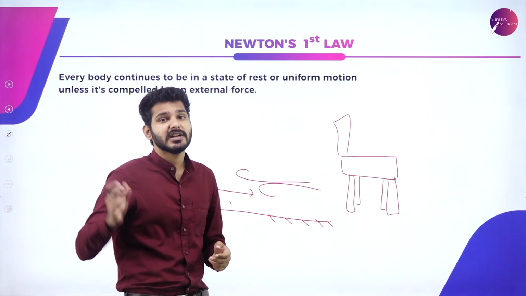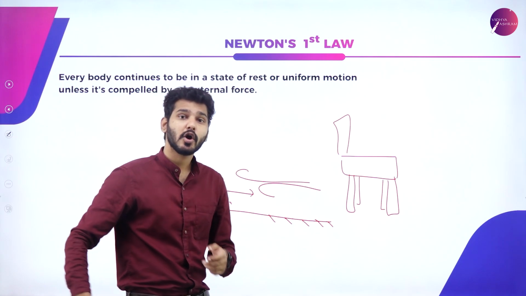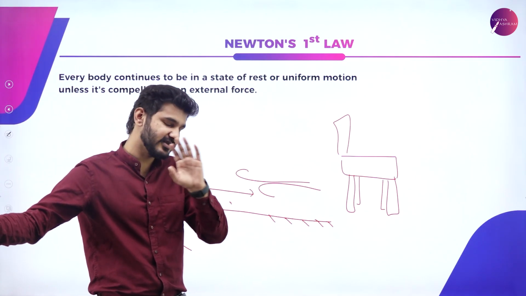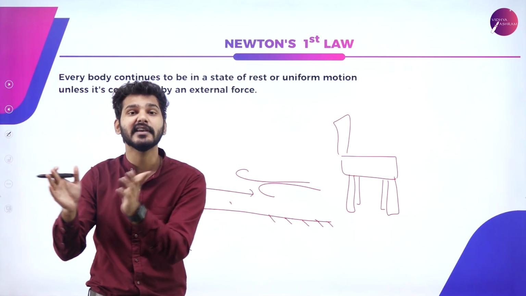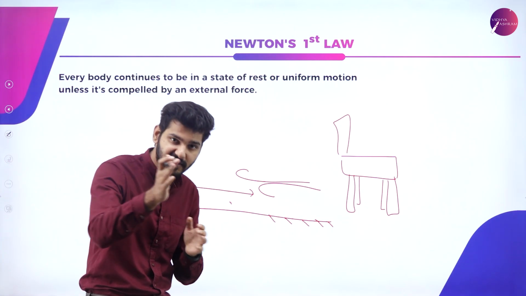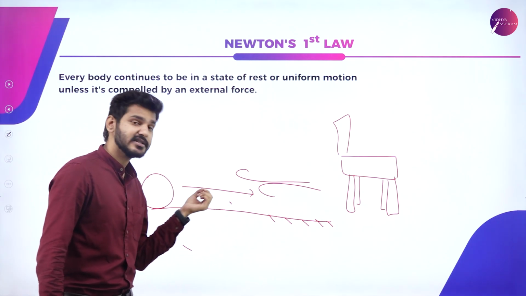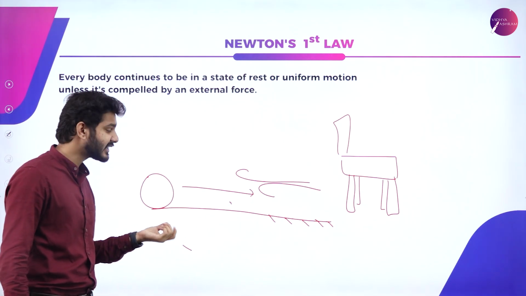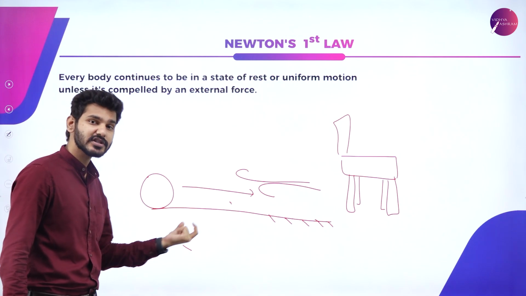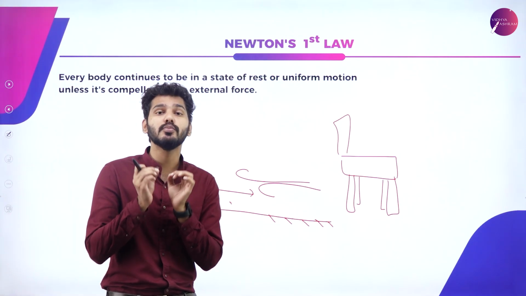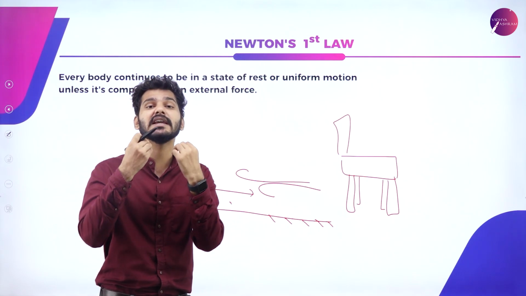That is why you can take a paper and swing it around, or you can keep your hands outside when you're going in a car or any other vehicle. Please don't do that, but you can, and you can feel the wind blowing against you. You can feel the force that is exerted onto you. Just like that, wind or frictional forces exert a force onto this object, which makes it oppose that relative motion.